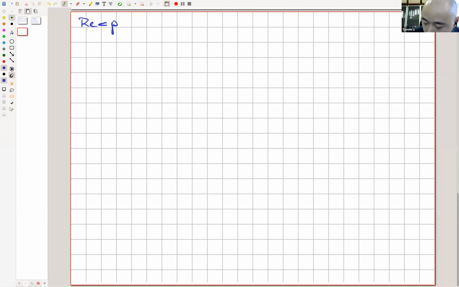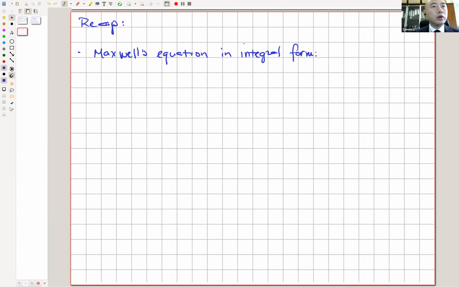Now we have Maxwell's equations in integral form, given by the following. So the integral of E dot dS